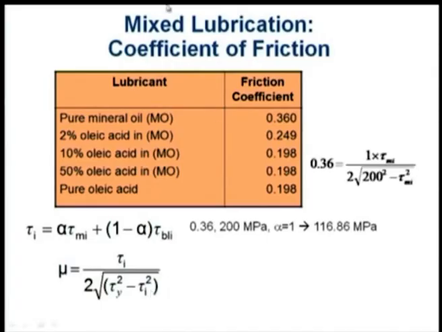If you use this relation, 0.36 is equal to, with alpha equal to 1 over here, tau mi divided by 2, the same 2 is getting repeated over here, square root of 200 square minus tau mi square. Now, I can simplify this equation and figure out the value of tau mi, which is happening because of the metal interface, and that turned out to be 116.86 megapascal. That means, if the bulk shear strength was 200 megapascal, this turned out to be 116.7 megapascal. That is a reasonably high value